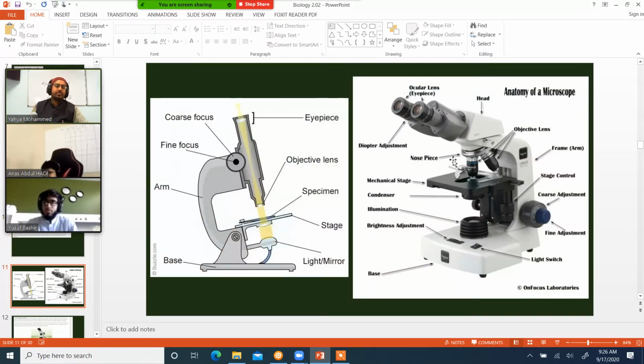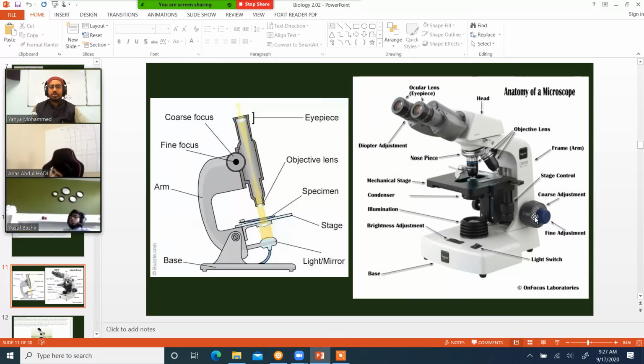What total magnification do you have? 400. You multiply. You don't add it, you multiply the 40 times 10. Your eyepiece is probably 10x or 15x, whatever it says on there, and you multiply that times the 40. Whatever your objective magnification is, times the ocular lens, you multiply them and you get your total magnification. My one has the magnification on the ocular lens too. Yeah, there's probably a number on there.